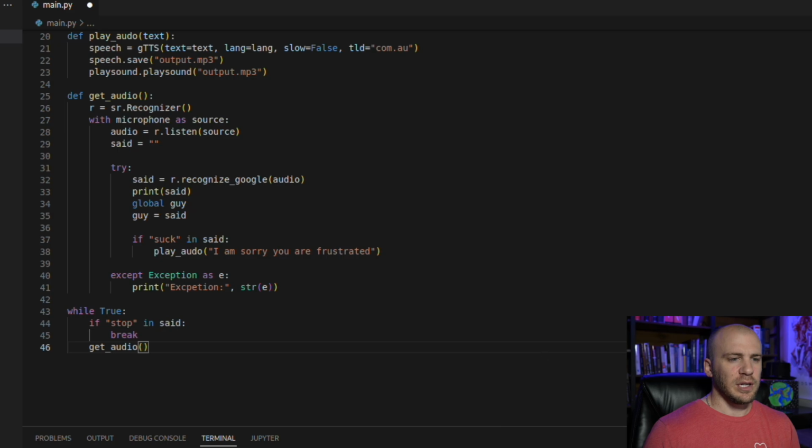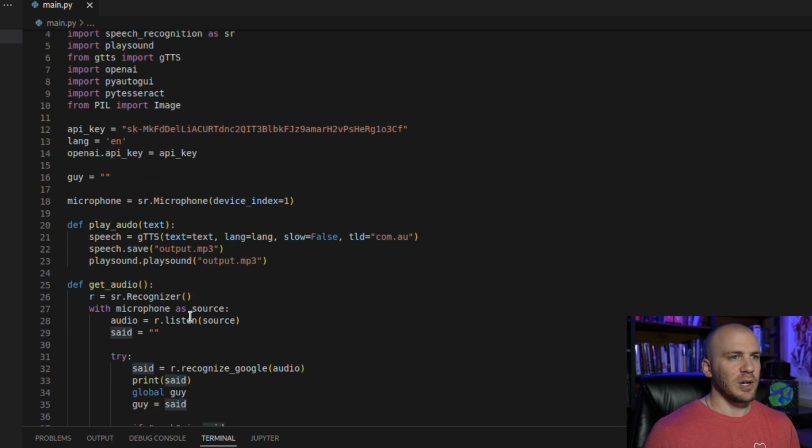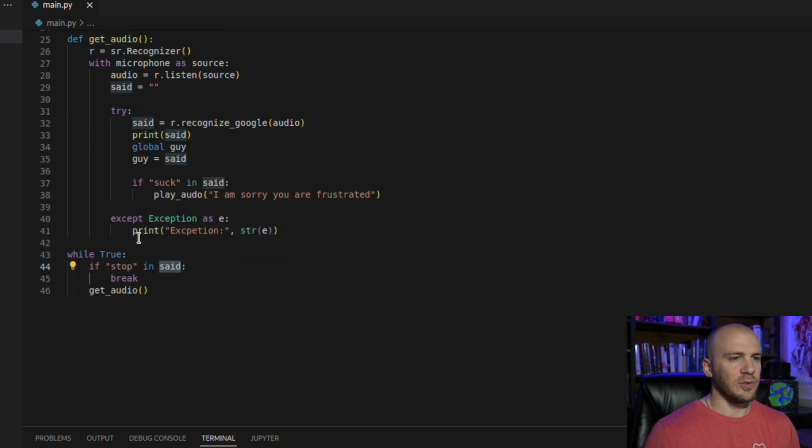And now if we run this, this should work for us. And if we say the word suck, it should tell us, I'm sorry, you're frustrated. So if we click run, it tells us sed is, oh, I see my problem. Because sed is in here, it's saying it's not defined. This is why we had to create this global variable for our input. So we're going to use our global variable, which is going to be the same thing as sed. That should work for us. We'll go ahead and save it.